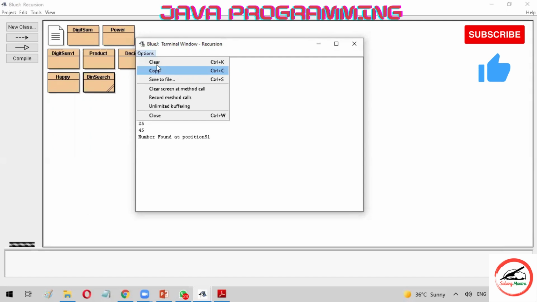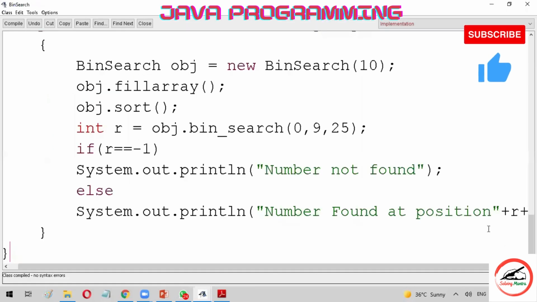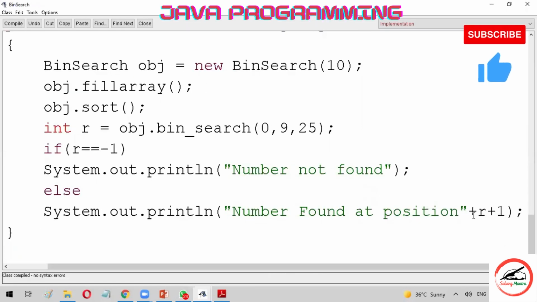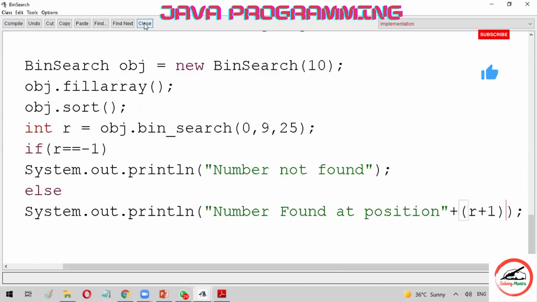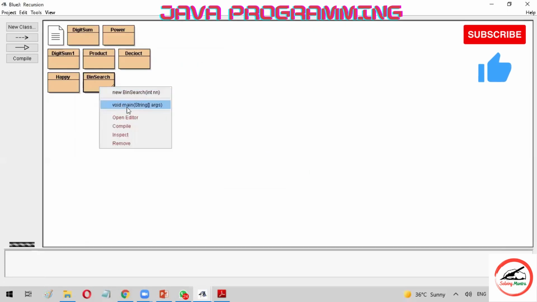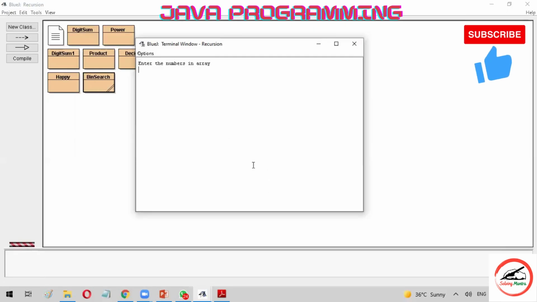Let me tell you that we had not put the bracket over there. Plus r+1, it is printing by concatenating the value. So we are just mentioning r+1 in the bracket. Now see, again we are compiling, closing it, calling the main method.